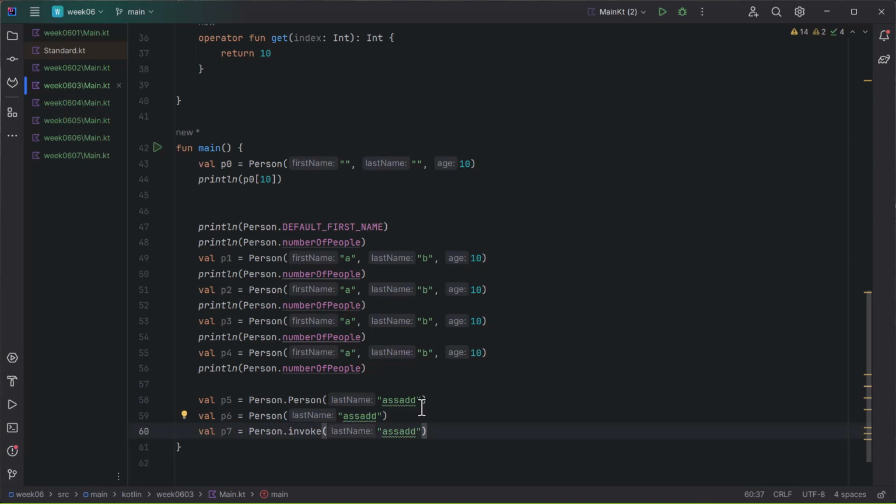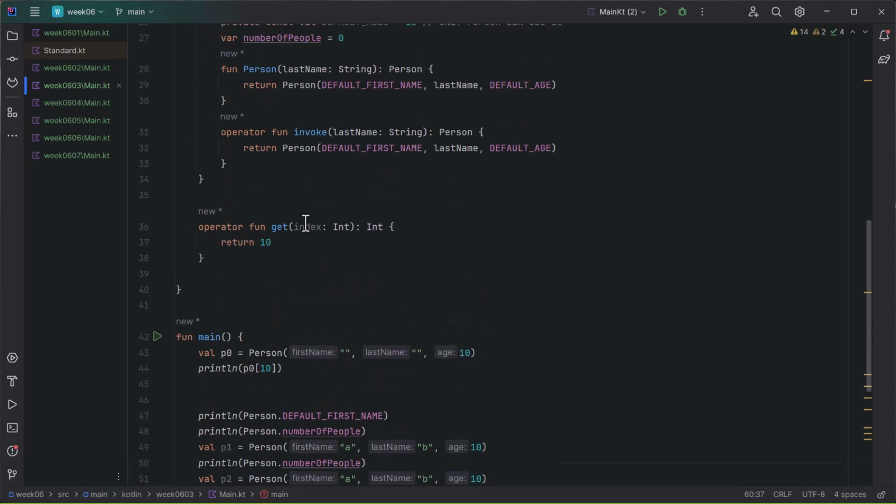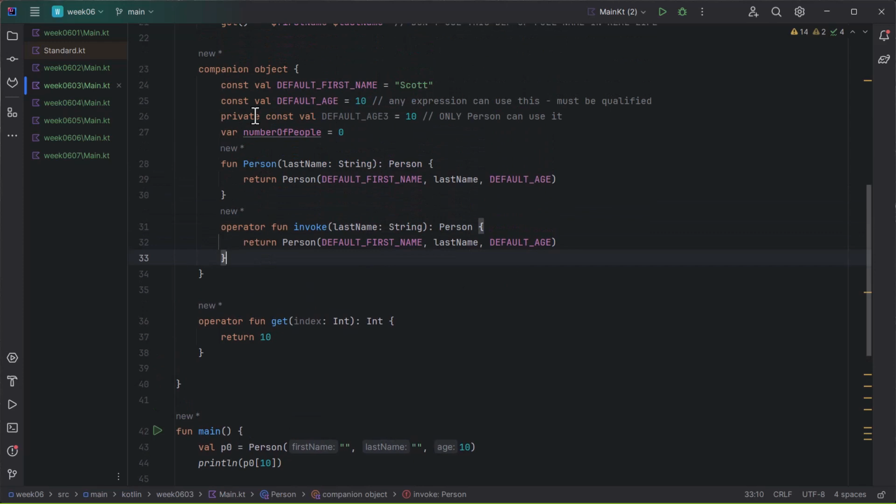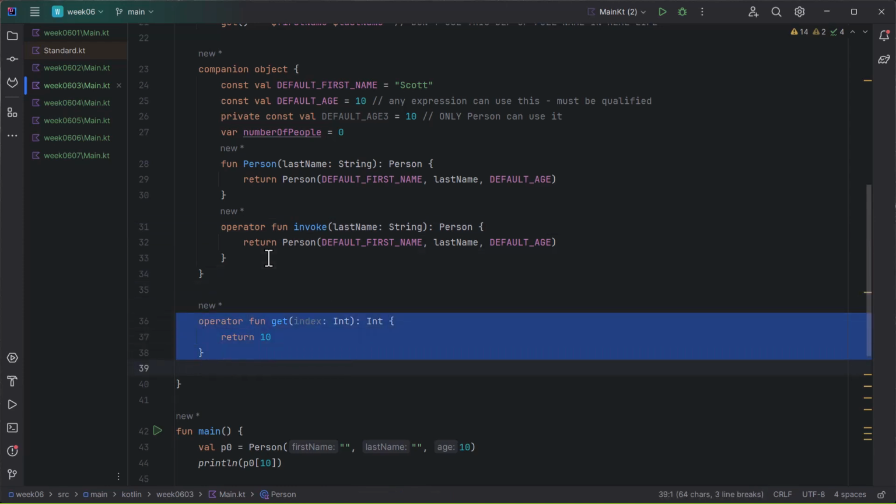Let's think about what would happen if we define this function in something that's nullable. Now, companion object can never be nullable just by default. It just isn't. But if we were defining this operator fun invoke inside of an object that can be nullable, like let's say this get guy, for example, this person can be used in a nullable context somewhere. So what we could do,